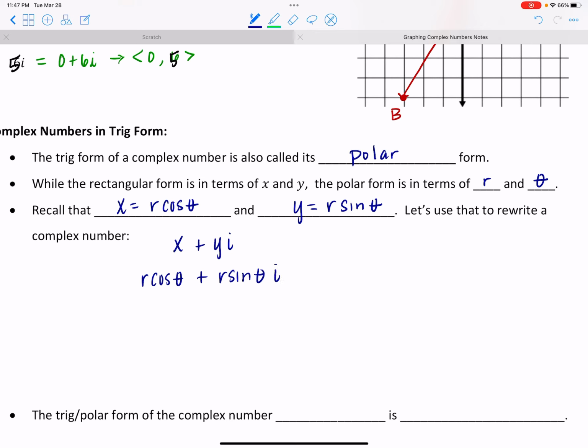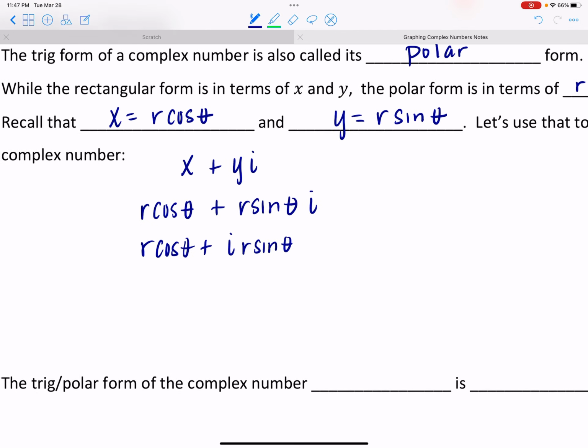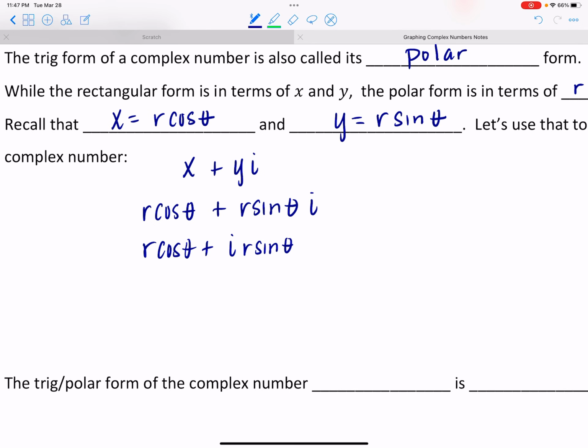I want to make sure that I'm multiplying r sine of theta by i, that whole value by i, and not the theta. So I'm actually going to rearrange that. I'm going to put the i, oops, that's supposed to be a plus. I'll put the i in front of the r sine of theta again so that it's clear I'm not actually multiplying theta by i. I'm multiplying r sine of theta by i. Now, if we look at this expression, we can clean it up a smidge because these two terms have an r in common. We can factor that out. So we end up with r times the cosine of theta plus i times the